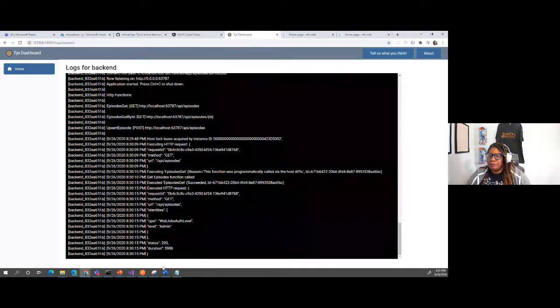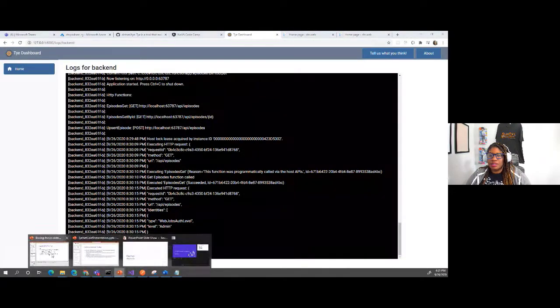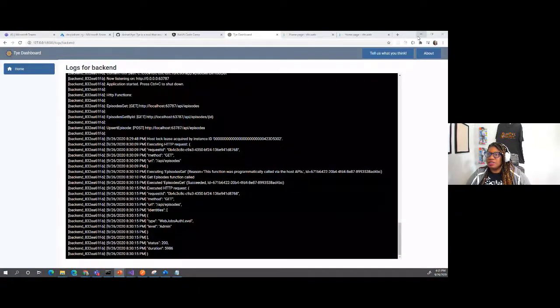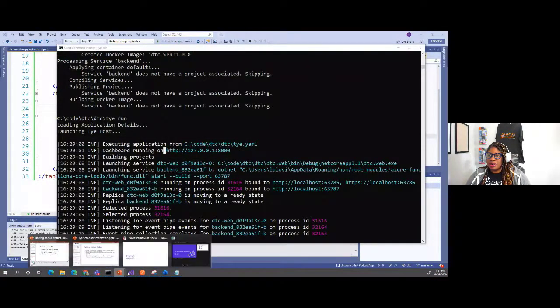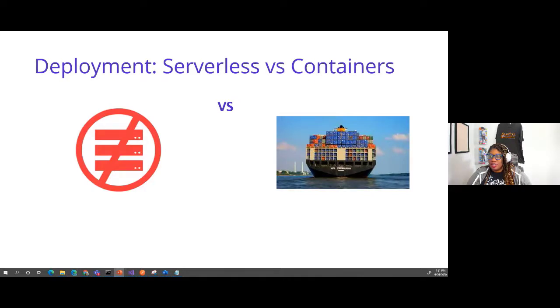So cool. Let's go back to my PowerPoint. So yeah, super, super simple using Project Tye. So let's just talk a little bit about deployment. There are two trains of thought when you're deploying microservice architecture. You could either go serverless, or you can go containers, or you could go both. There's benefits to both. So serverless obviously gives you